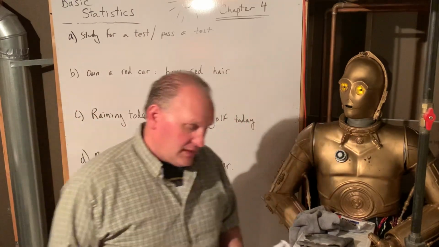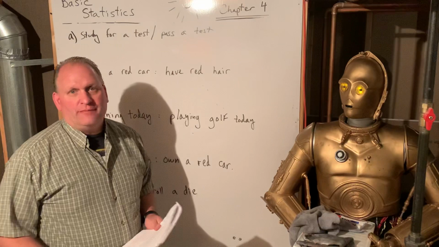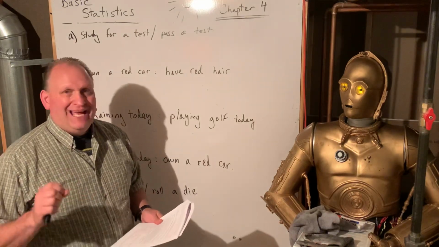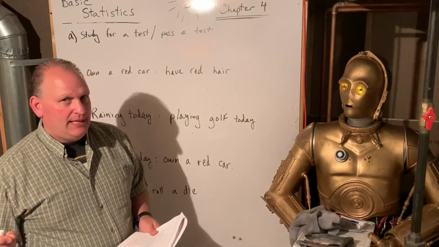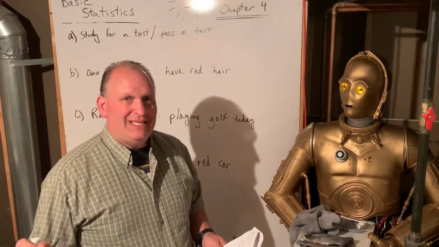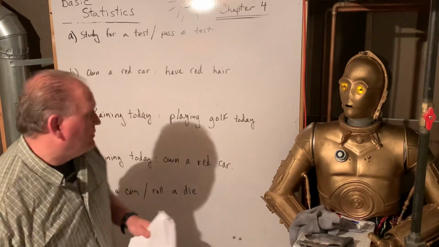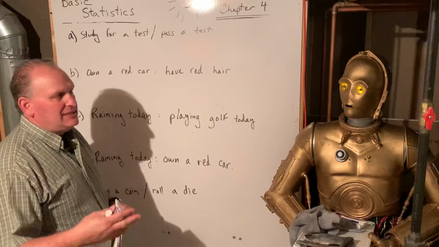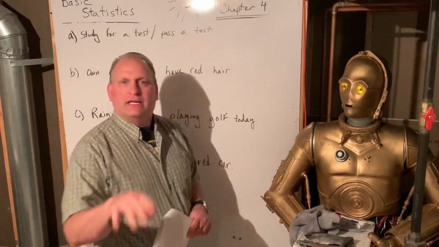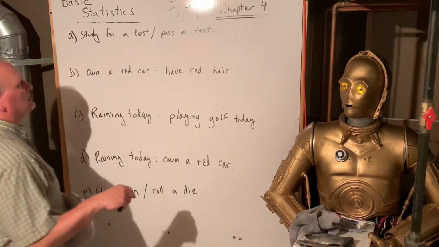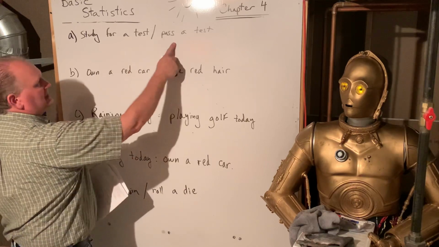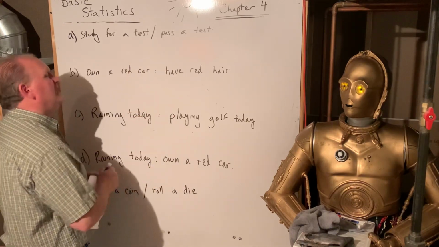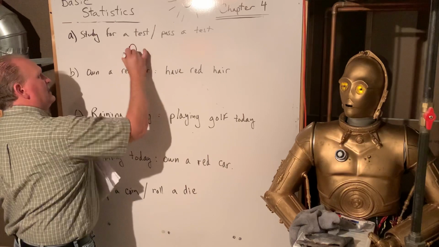All right, so we're looking at and problems. Or means add, we looked at that in 4.2. And means multiply. And so when we're multiplying, we need them to be independent of one another. In most cases, they can be dependent events also, but we'll take a look at that. That's a special case. So let's see, study for a test, pass a test, independent or dependent? Hopefully that's dependent.